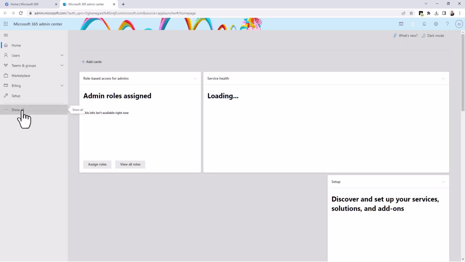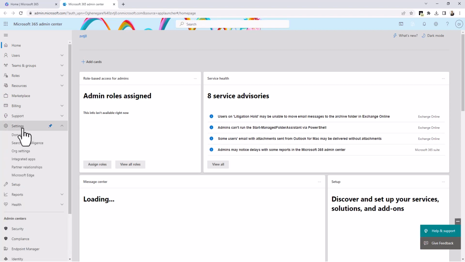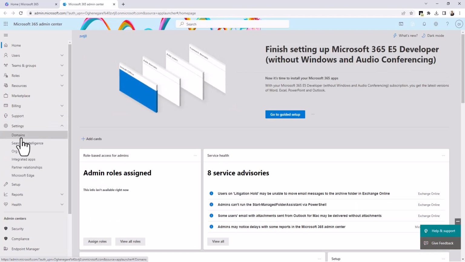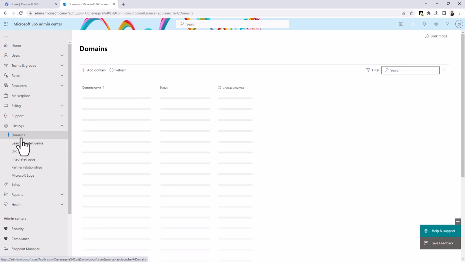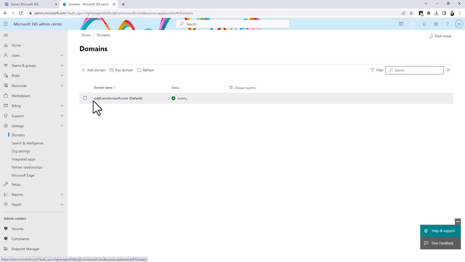We click on show all so we can have the option for settings. So we click on settings here. So from settings we click on domain. So here we can see that the only domain I have is